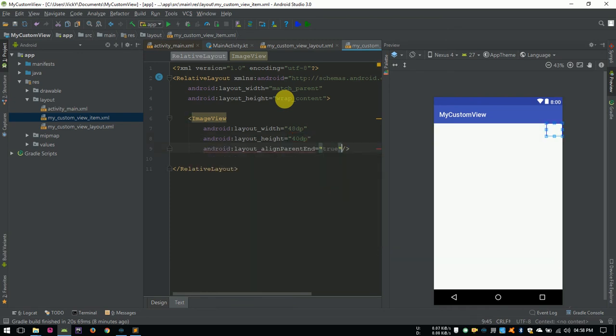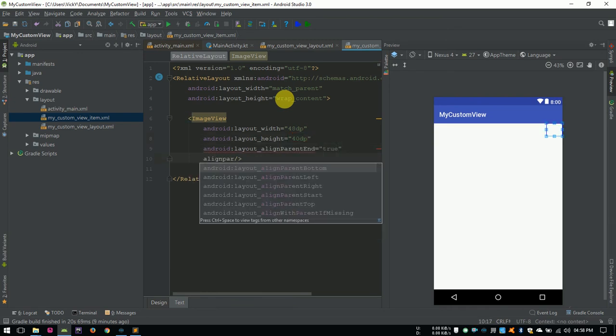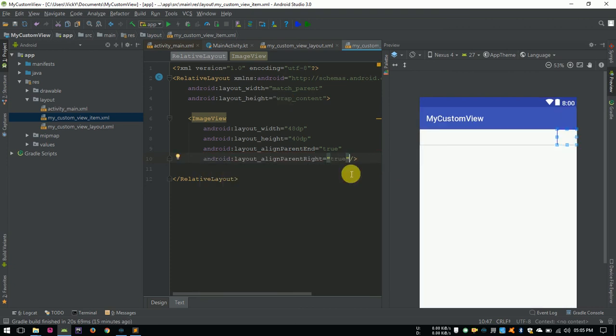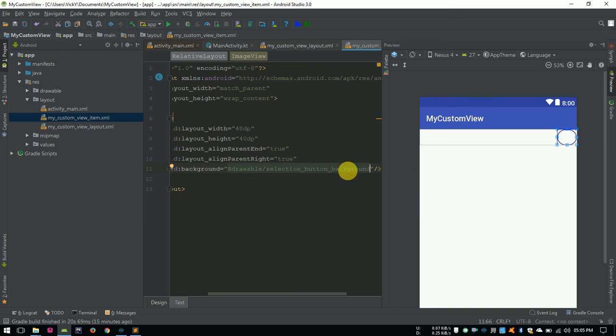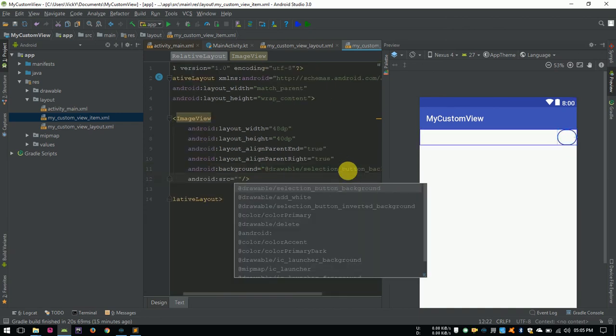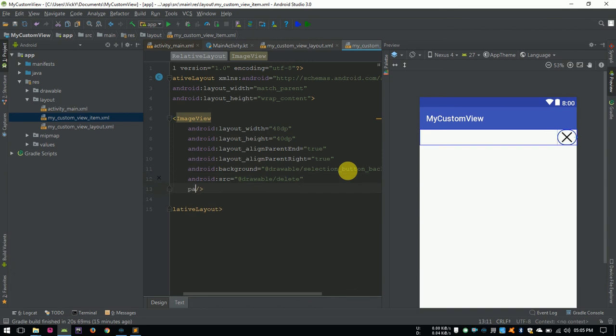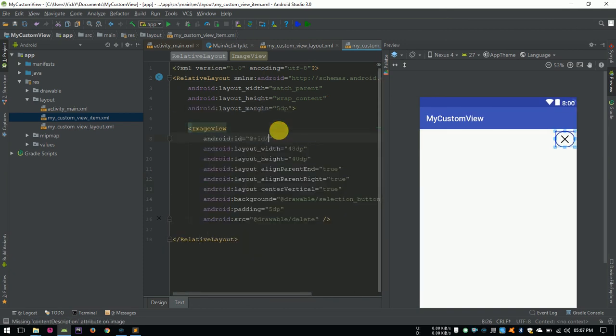Aligning it to the right of the parent using align parent end and align parent right. Setting the background as selection_button_background, source as delete from drawables, and padding 5 dp. Assigning ID for the image view as delete.